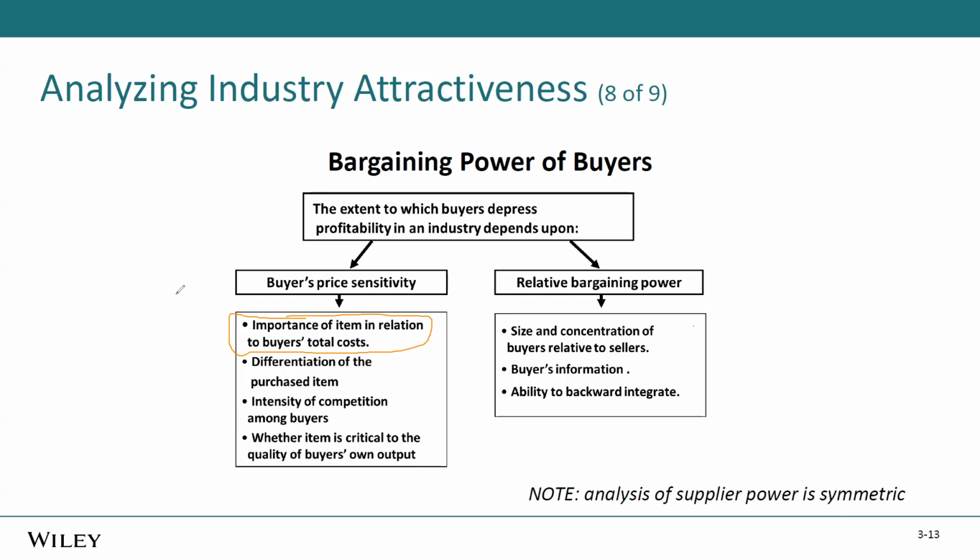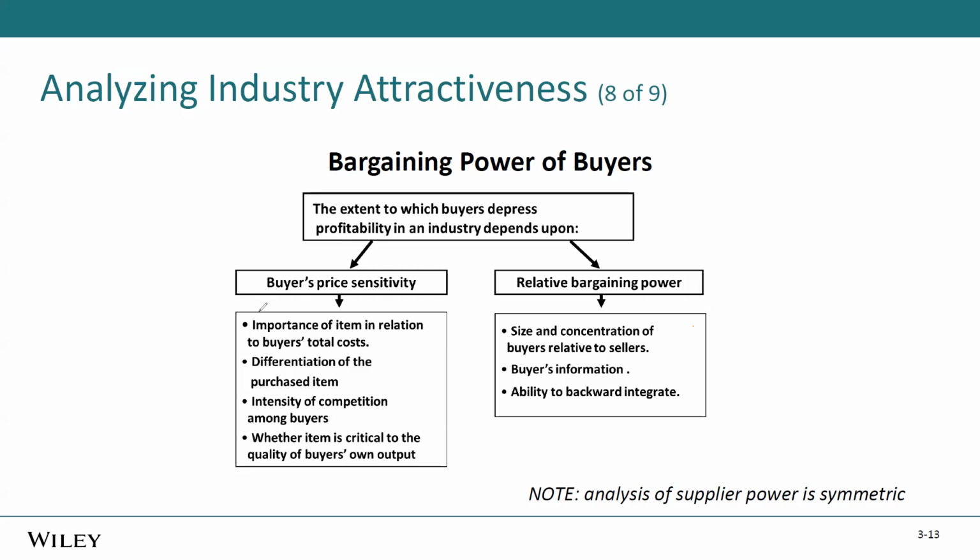If I think about another thing, let's say housing prices, the price of a house. Buyers of houses are going to negotiate quite hard. When you go out to buy a house, you're going to probably come in with an offer lower than the listed price because your house is such a big part of your total expense structure as a buyer, your total costs year on year. You probably aren't going to negotiate very hard on a pack of post-it notes or a pack of pens at Walmart. Maybe Walmart charges $5 for a pack of pens. Well, it's not a lot of money for you. You're not going to go search the whole market and try to negotiate downwards because it's just not that big